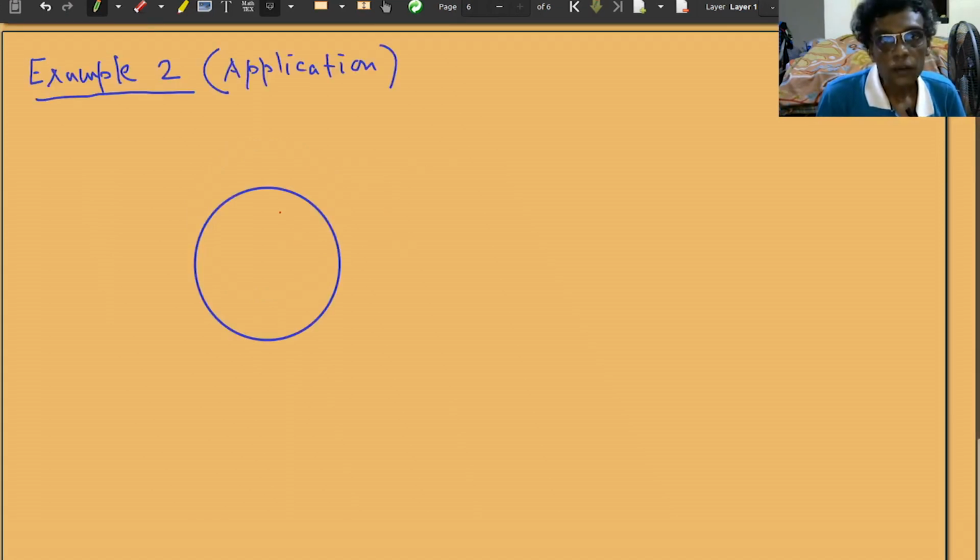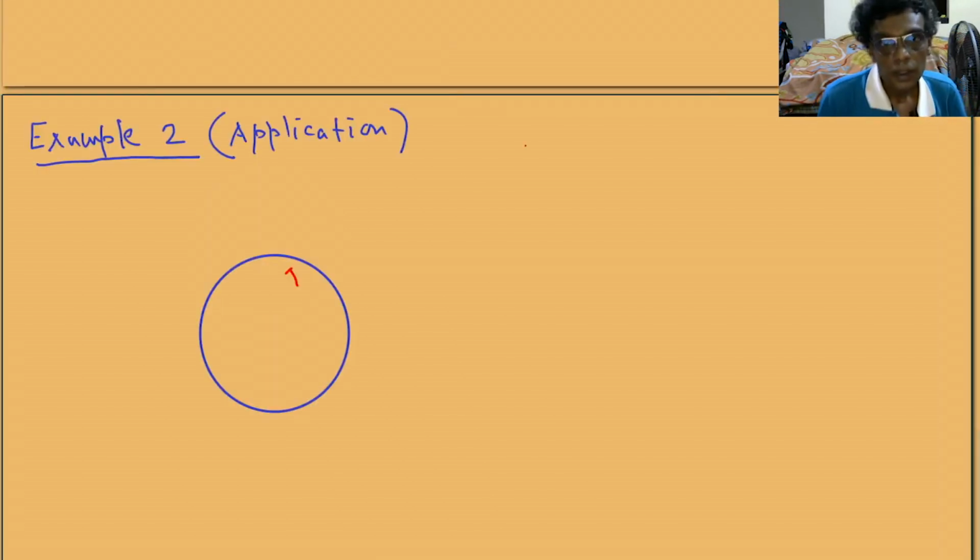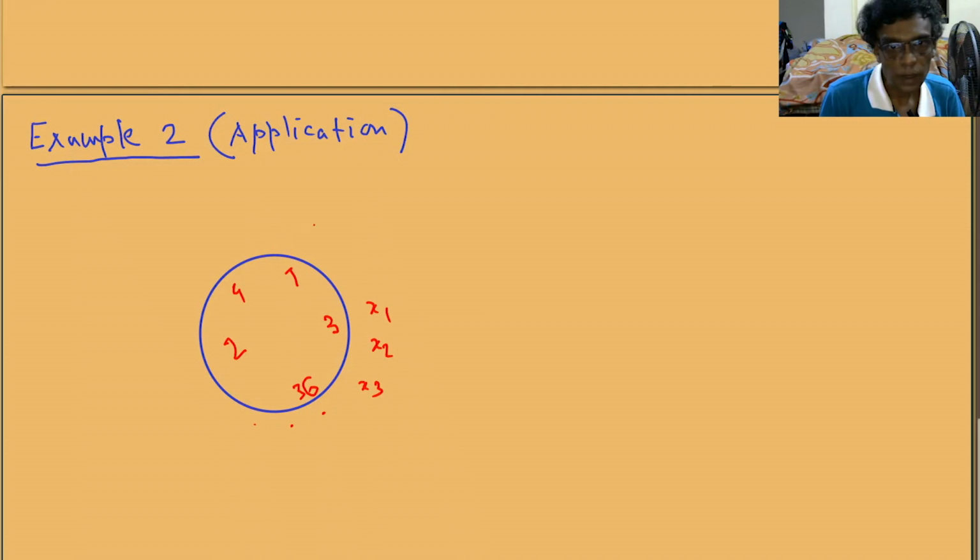Let me see if it works. Okay, so we have 1. I will also go to the full screen mode. 2, 3. These numbers we write somewhere up to 36, in some haphazard random fashion. Then maybe I call this x1, x2, x3, and so on. Eventually you come to x36.